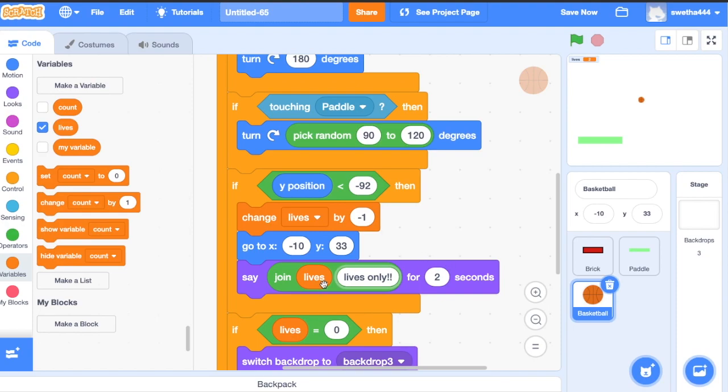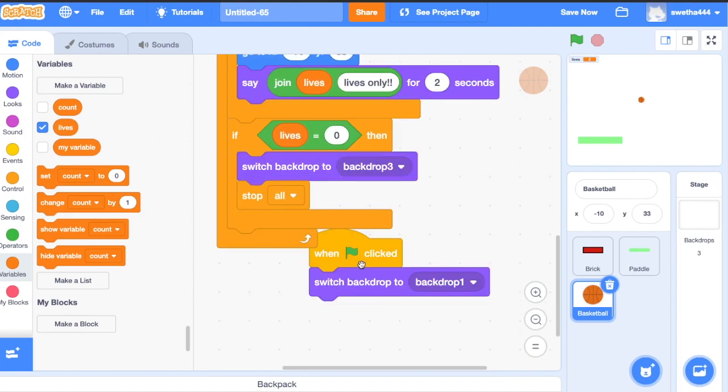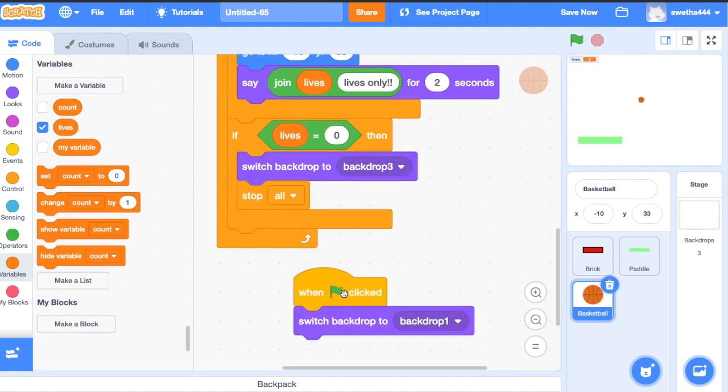It will say you have only the remaining lives. Switch backdrop to 3. Then stop all.